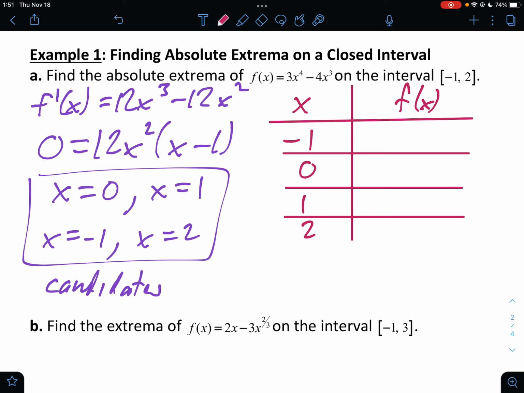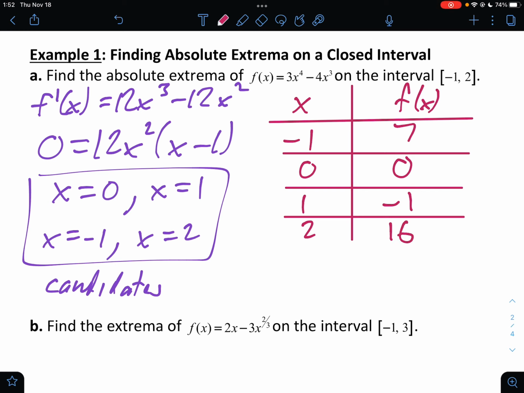So the y values, remember to get the y values, you're simply going to substitute those numbers back into here, okay? So if you put -1 in, we would get 3 times 1 minus 4 times -1, which is 3 plus 4, or 7. If you put 0 in, you get 0 back. If you put 1 in, you get 3 minus 4, which is -1. If you put 2 in, we will get 3 times 16 minus 4 times 8, which is 48 minus 32,